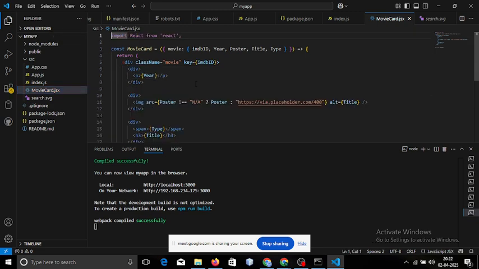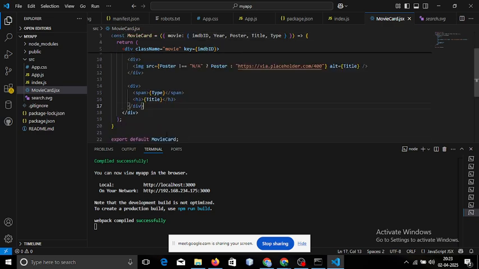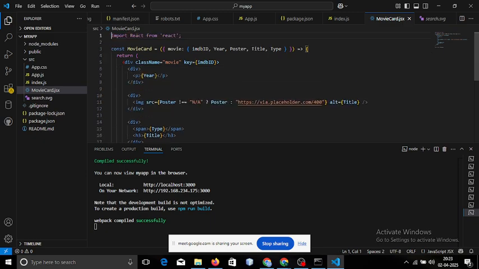So you can see here it is nothing but bringing the data. Whatever is the data that is presented in the API URL, you are bringing that, right? So for that you can see in the movie card we are having all these things, that is IMDb ID, year, poster, type and title. First initially you will be having a key, that is IMDb ID. So in that you will be displaying the paragraph. In the paragraph you have year, you have poster, you have type and your title, just like displaying how you are displaying this, that's all. That is what you are writing here. If you see the output also,